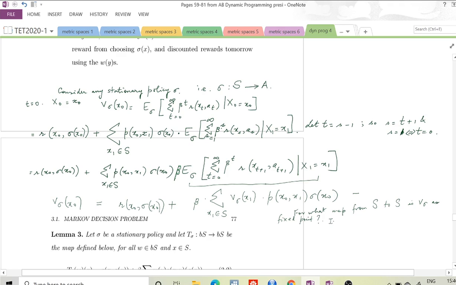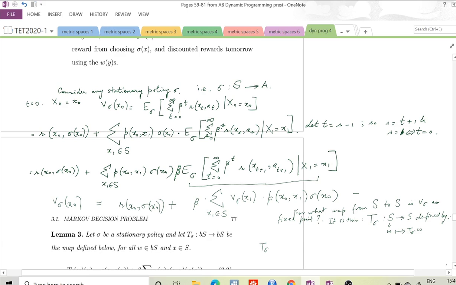Okay, it is this T sigma from states to states defined by, so I start with some value function w and I map from that to T sigma of w, okay, and defined by this, that T sigma,